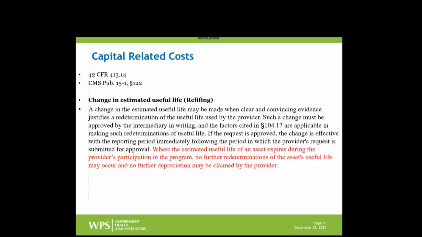Generally speaking, the useful life of an asset should follow the AHA guide for depreciable lives of hospital assets. And if it needs to be changed, there need to be some factors that are in section 104.117. Basically, you need to prove that the wear and tear has been more than you expected. It's technologically obsolete. It's only going to last another year or two instead of the 5 years it was intended. So you need to prove those types of things, that you're going to need to either shorten or lengthen the life of this asset.